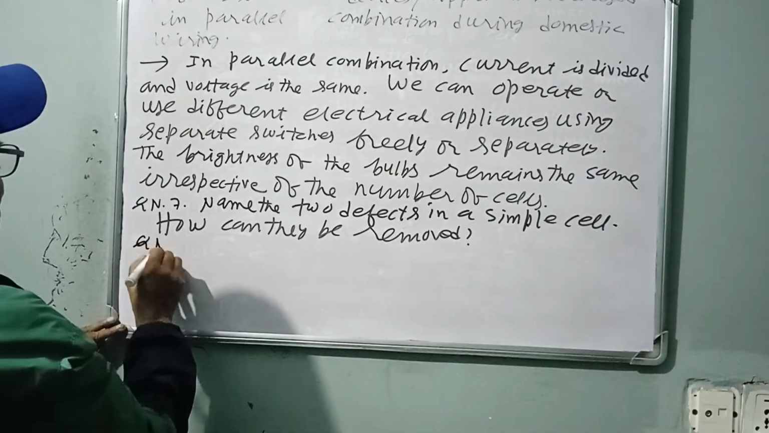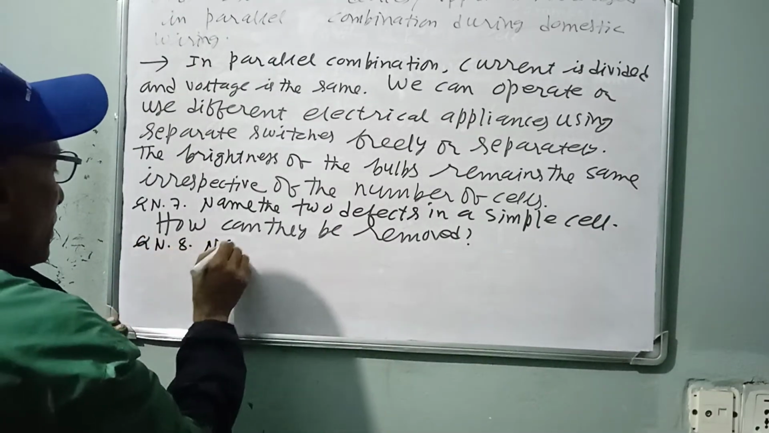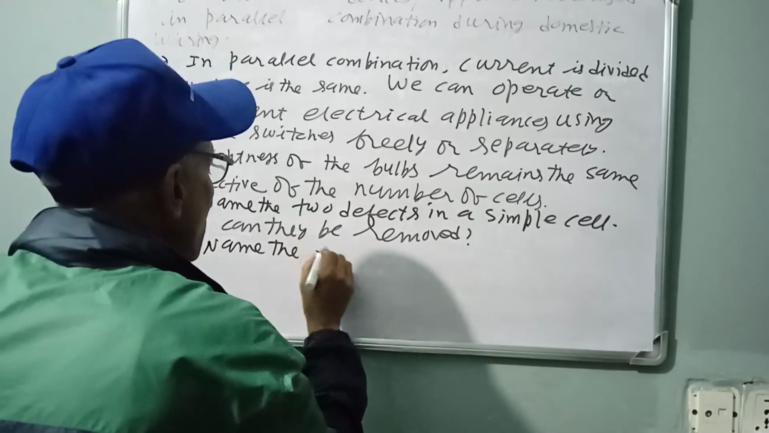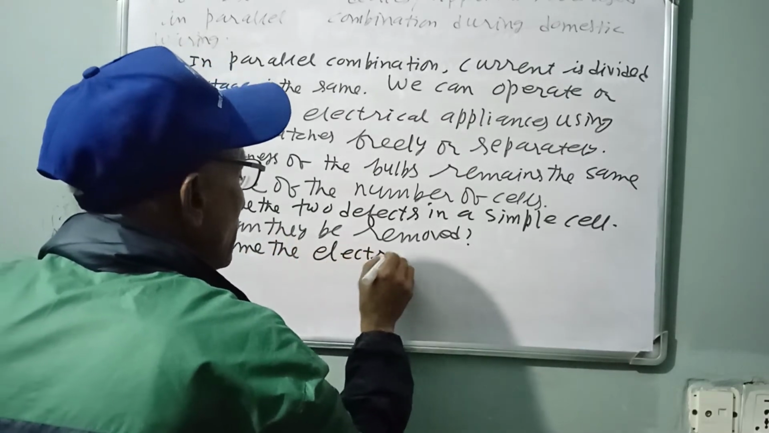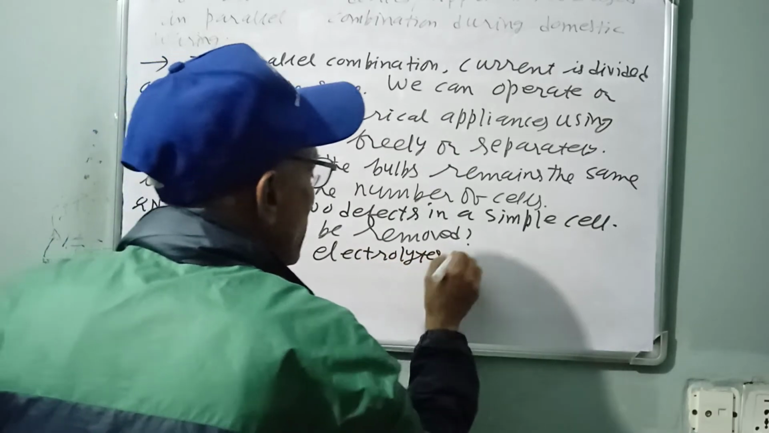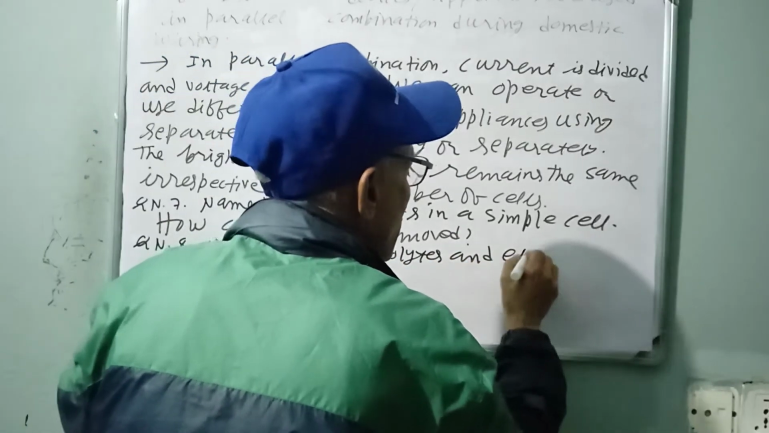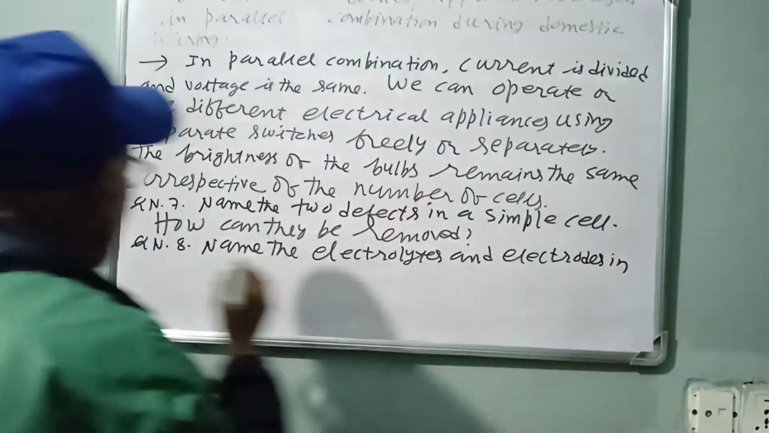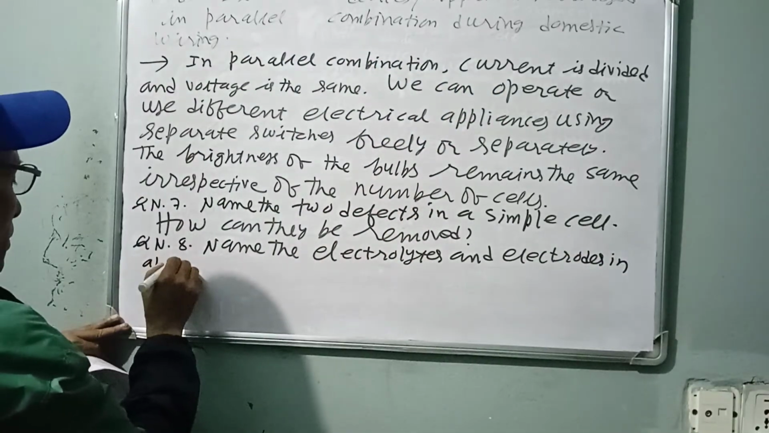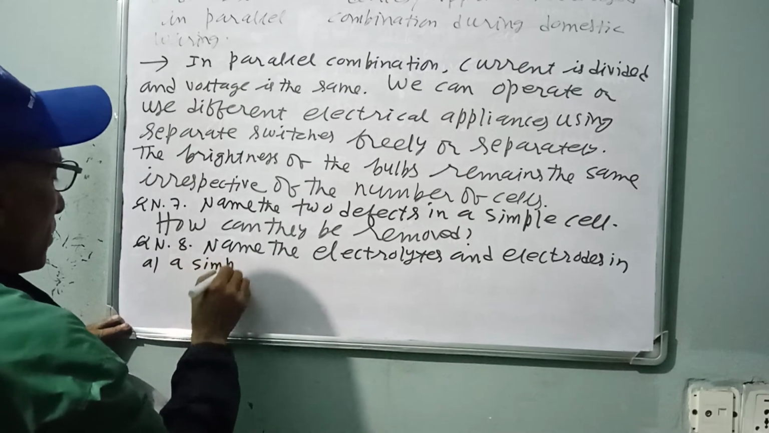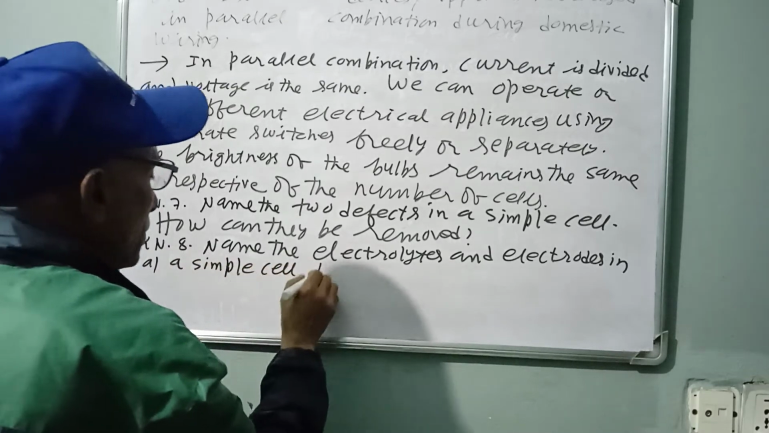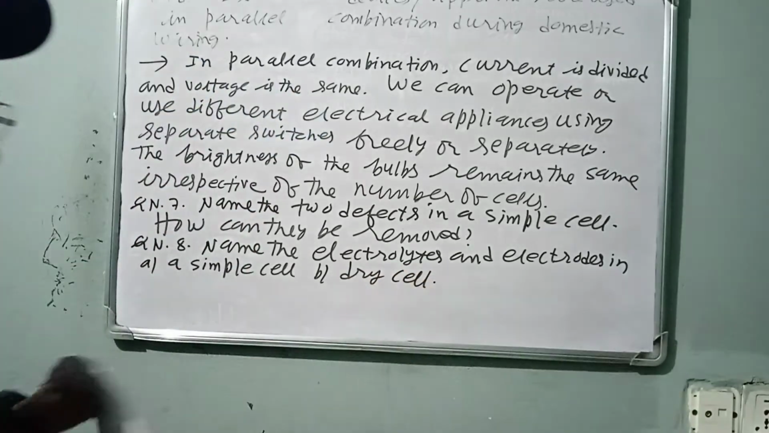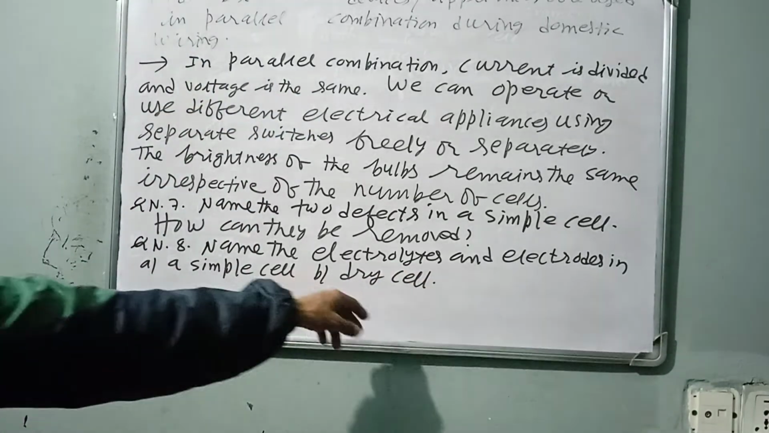Question number 8. Name the electrolytes and electrodes in a simple cell and dry cell. Please check the answer. Please see the answers written